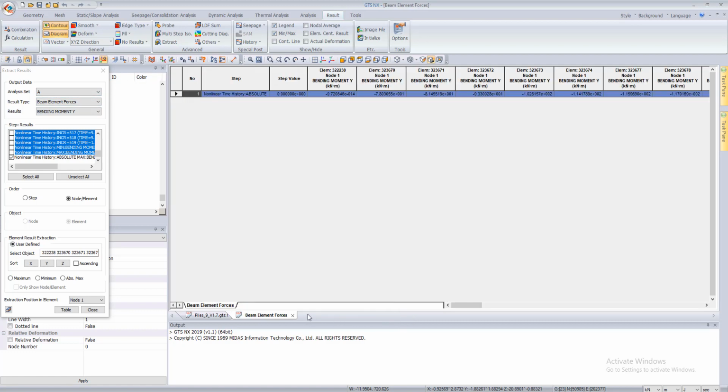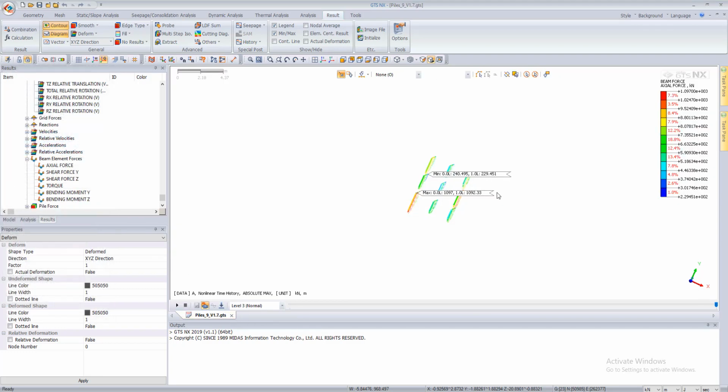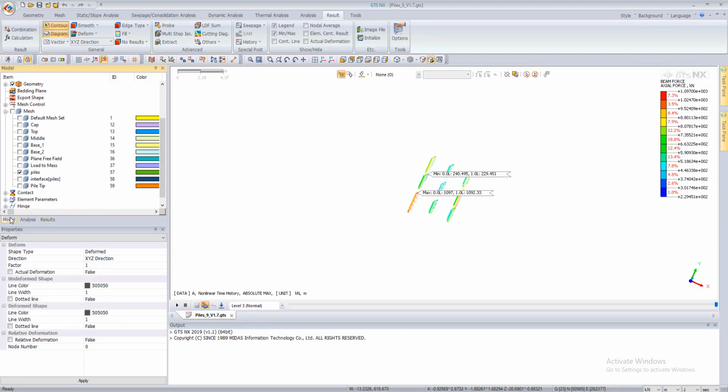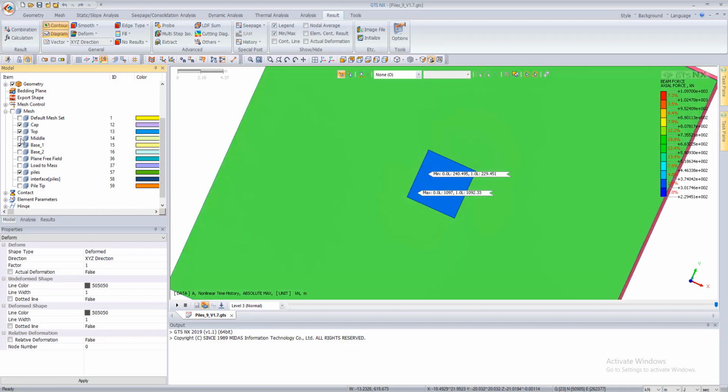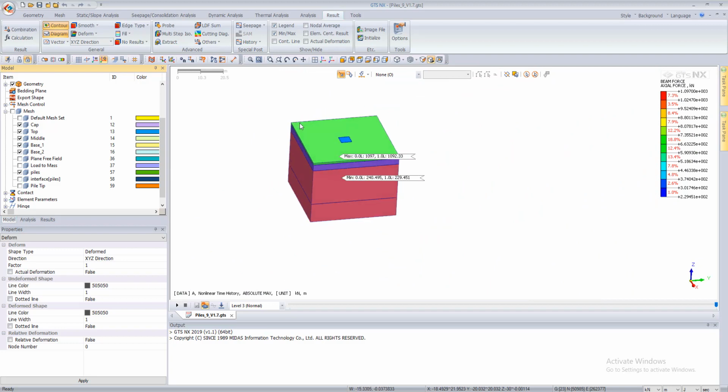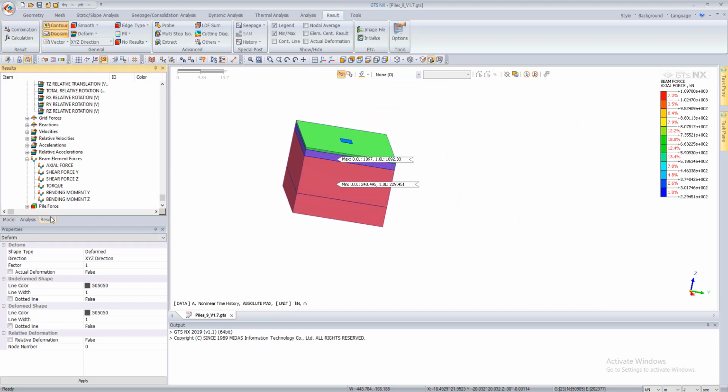The same thing can be done for the axial force. I will show again my bicap top base, and I will start here to show the results of the UBC sand, and I will see the excess pore water pressure. When I see the excess pore water pressure here, you can